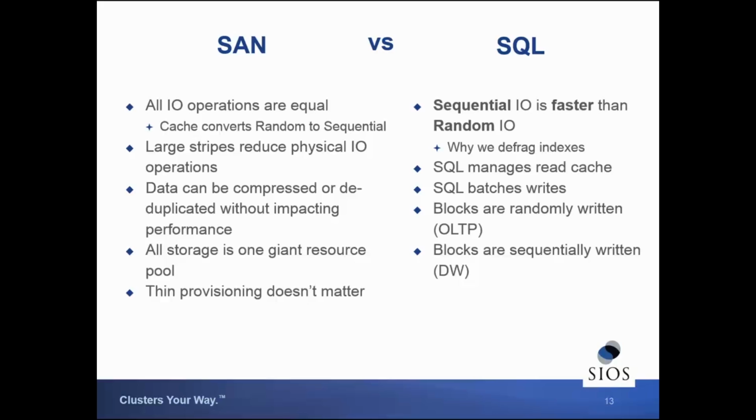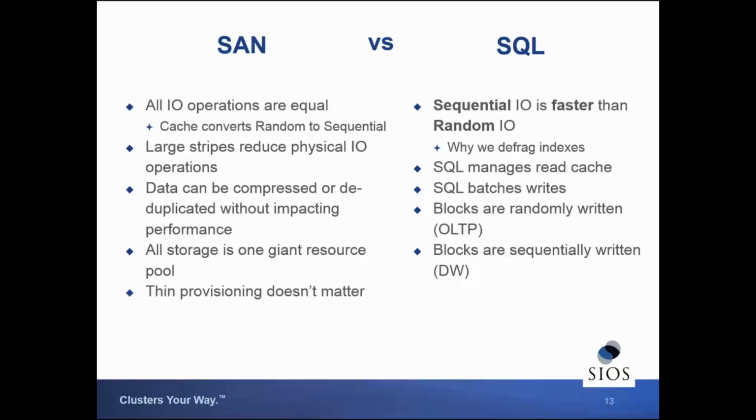With the large stripes, you're actually having the SAN start trying to manage cache when you do all those assumptions. In SQL, if you're going to have cache, you really need to have the cache up in the SQL server, especially the read cache, because SQL will manage it more effectively. It uses the least recently used algorithm to decide what blocks it needs to keep and what blocks it can reuse.